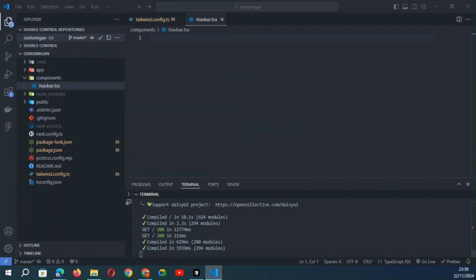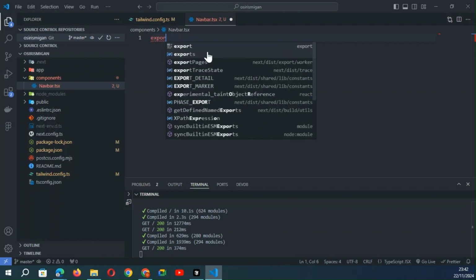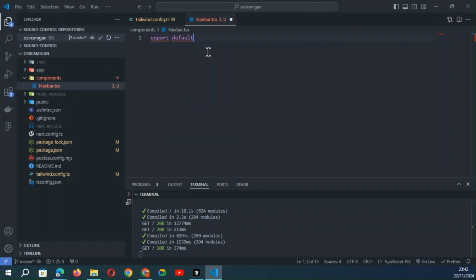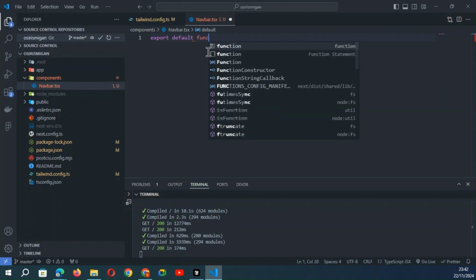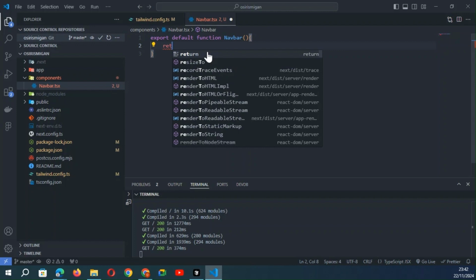Okay, so now I need to define our navbar component, the function of our navbar component. So I can write export default function navbar, okay, and return